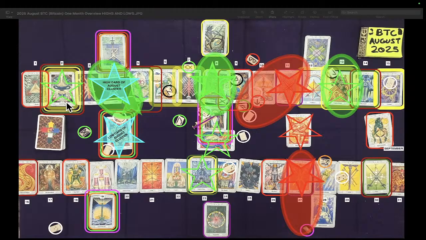Let me see what the cards have to say about that. It's a bit unclear, so we'll just have to see. Either way, out of that mixed behavior there,